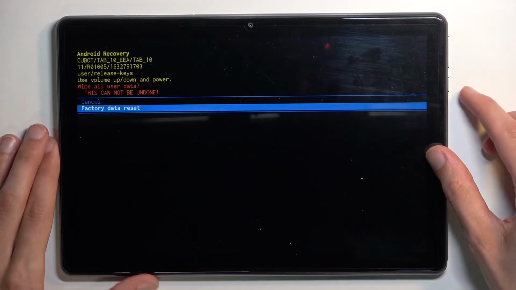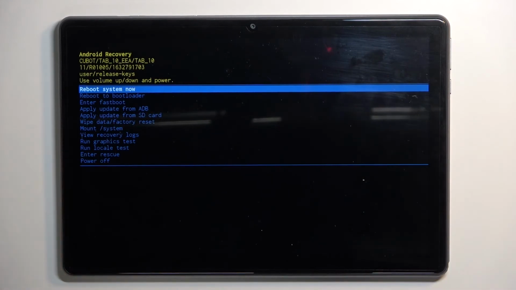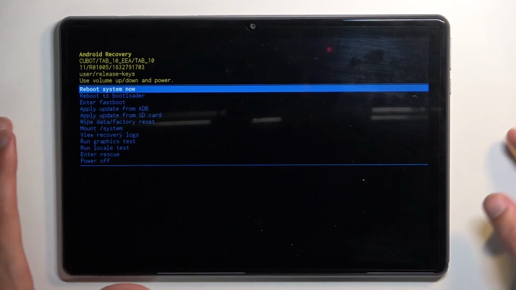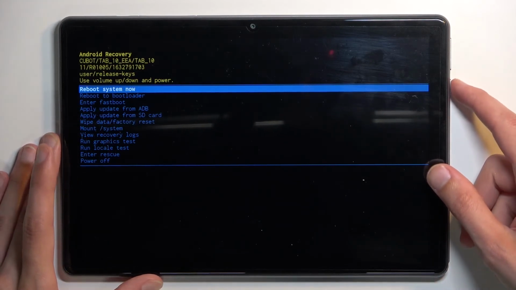There we go. Confirm that, and it should begin wiping all the data. Now normally the tablet doesn't actually turn off, so I'm assuming it already automatically decides to reboot as well. Oh no, never mind, it just gives you no message. Anyway, assuming it's finished, you can now press power key once more to just reboot the device,